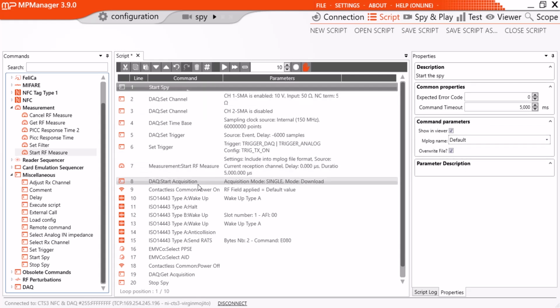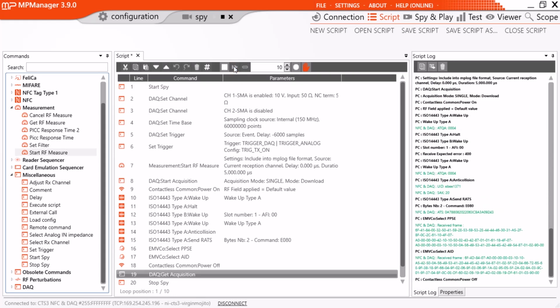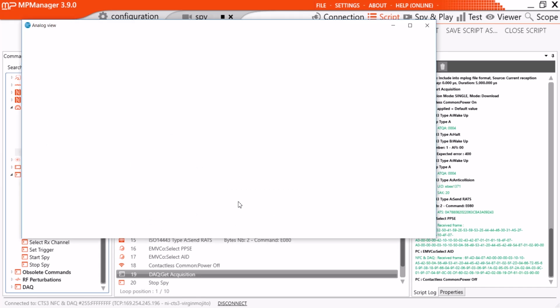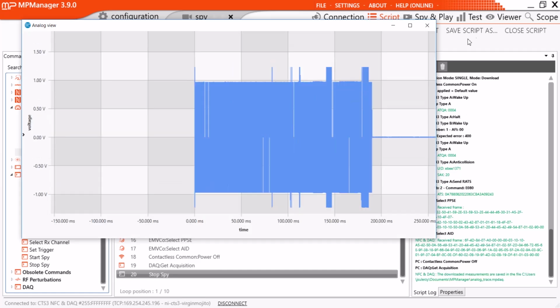Let's execute this new script and see the results. So first, as before, we perform the communication. In addition, we perform the analog capture with the DAC board, and last but not least, we also spy the communication between the CTS3 and the card, and we will display not only the analog capture as before, but